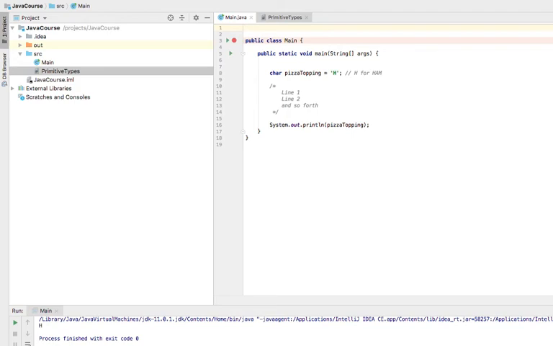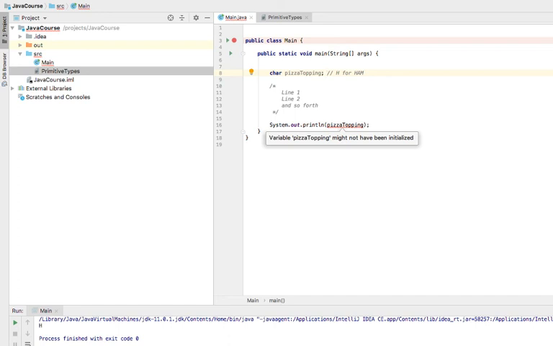Anyways, pizza topping equals H got printed out in the console. So as you can see, we can print out any valid variable, but we can't print out an uninitialized variable. For example, if we try to print out pizza topping, now we get an error, same as before. It says it might not have been initialized because the default value is that weird value we saw before, which is 0 as decimal,